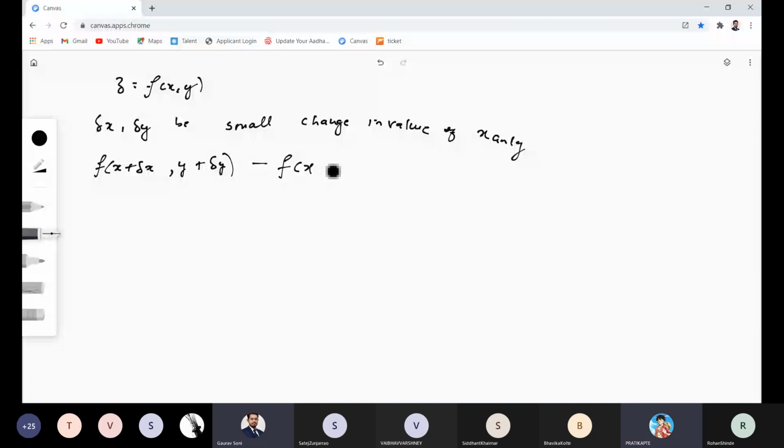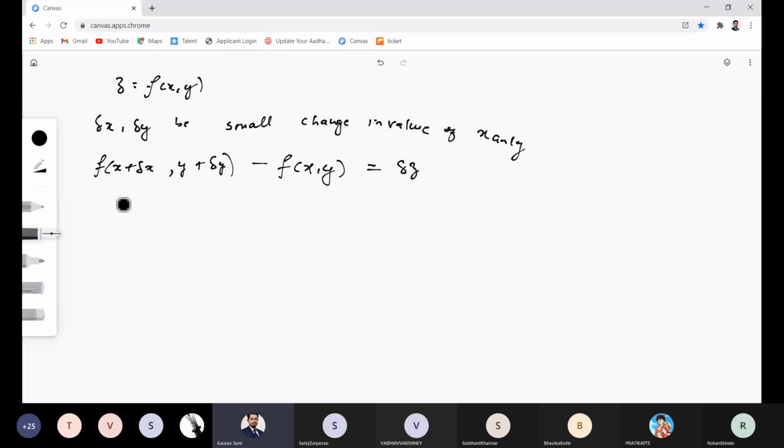What should I get? dz, or delta z, sorry. Delta z. So when I say f of x plus delta x, y plus delta y, what I am going to get is z plus delta z, and minus this z. So that is ultimately delta z. So if there is some error, I need this error in z. So delta z is equal to